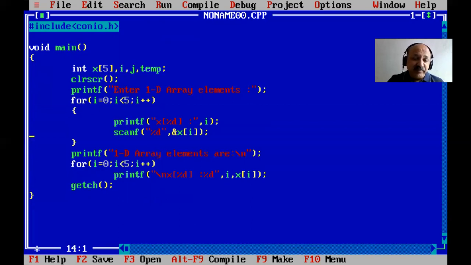So here the message is very important. The first letter is capital, that is very important in English rules. The first statement is capital, then colon and blank. You can develop that habit, so very easily we can find it. That message is very important so the user can be guided on how to enter the value. So "Enter 1D array element", that type of message, and then the 1D array element is printed. That is the input and that is the output. In between you can apply your logic.